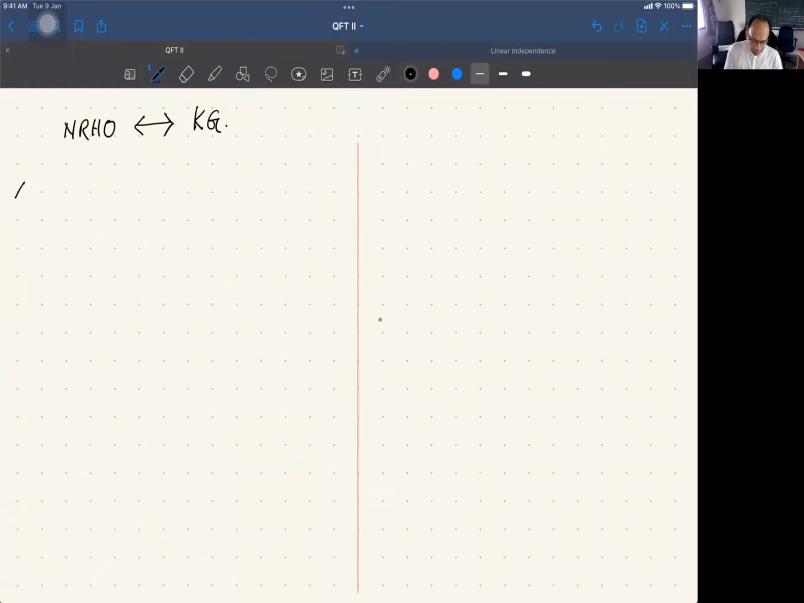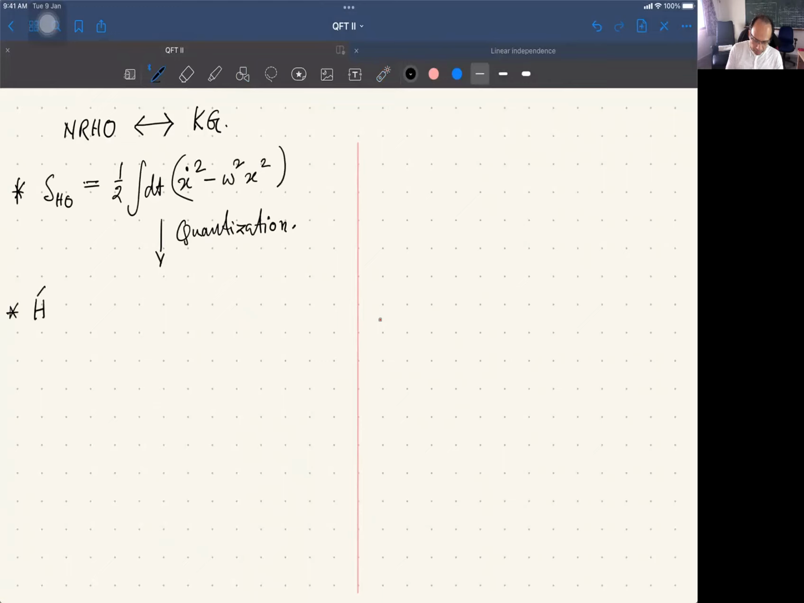First of all, the harmonic oscillator action, the classical action, is given by half integral dt (x dot square minus omega square x square). I'm setting m to 1, the mass of the particle to 1, and then after quantization, you arrive at a Hamiltonian H, which is given by half p hat square plus half omega square x hat square. It is also given by a dagger a plus half h bar omega,